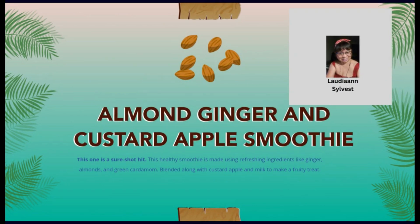Almond, ginger, and custard apple smoothie. Now this is a really great treat because it is really good. It's very, very healthy, and it's made of refreshing ingredients like ginger. You know, you can grate some ginger in here and put some almonds in the blender,